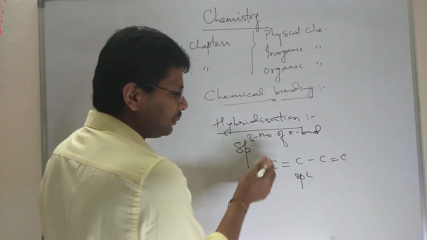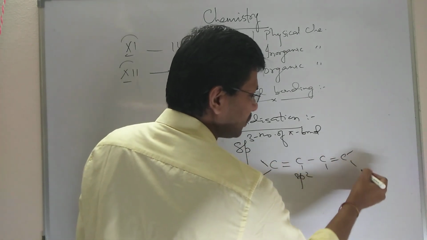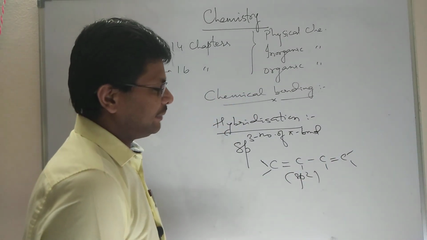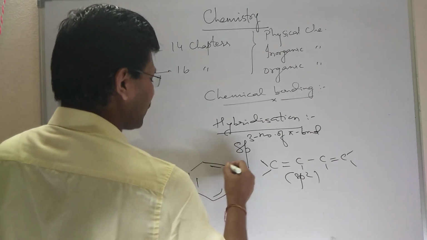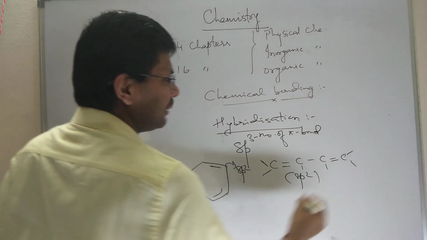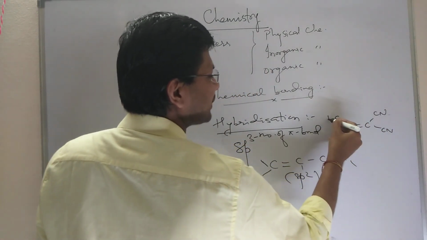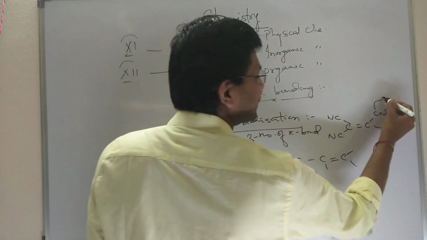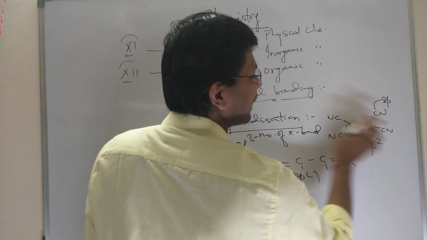This is also sp2, this is also sp2. Also all carbons in 1,3-butadiene are sp2. Suppose they ask what is the hybridization of carbon in benzene, it is sp2. If suppose they ask what is the hybridization of the different carbons in this molecule, called tetracyanoethene, if you know that cyanide has a triple bond, then it is sp, and this is sp2. So all the cyanide carbons are sp.